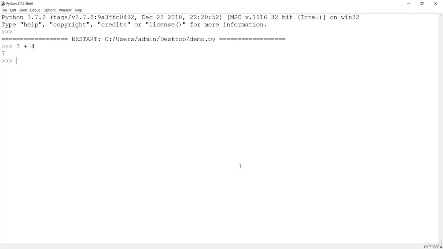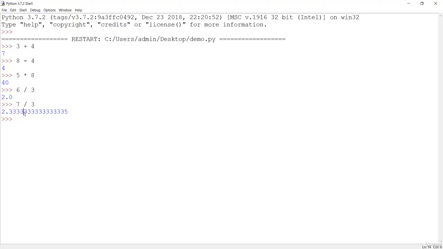The next one is subtraction, so you can do this subtraction. And the next one is the multiplication operator, which is going to multiply the two operands. And the next one is divide the left operand by the right one. So you can say something like 6 divided by 3. It is going to give us the number as a float. So if you do something like 7 divided by 3, you are going to get the decimal 2.